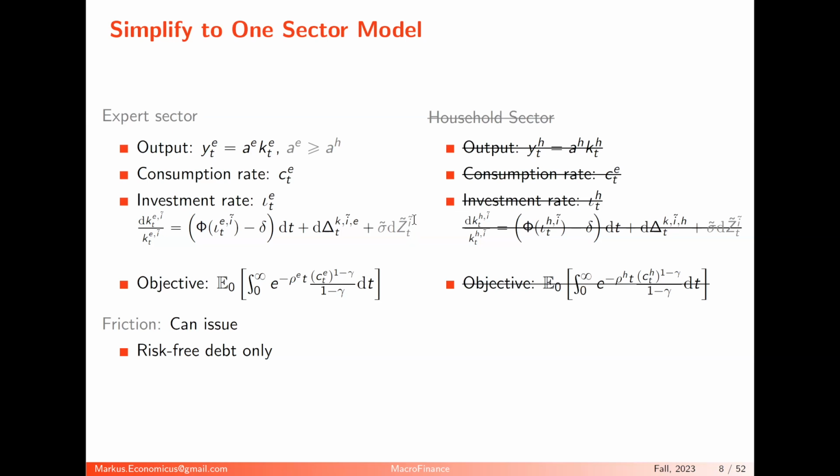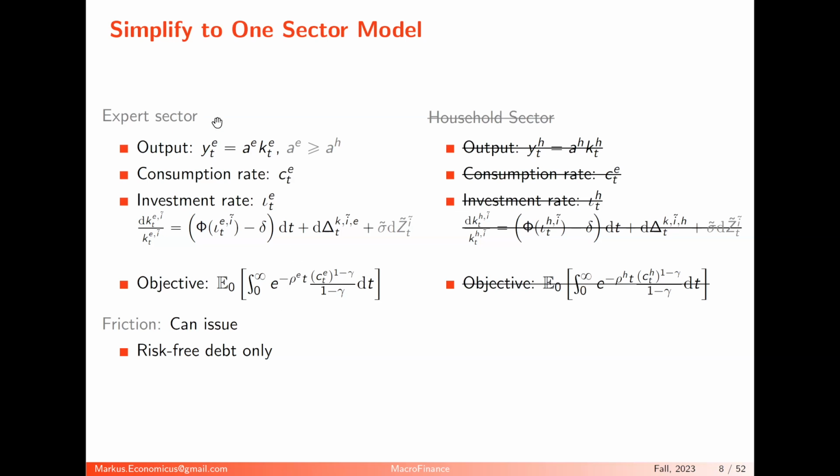So first of all, there's a superscript I tilde. So typically, remember our notation, we had I was the sector or the group of agents, and tilde is now within the sector. Now we have only one sector, so I tilde is within this particular sector. I probably should have called it here E for the expert sector. What I will do from now on, I drop this superscript E so that it will not show up.